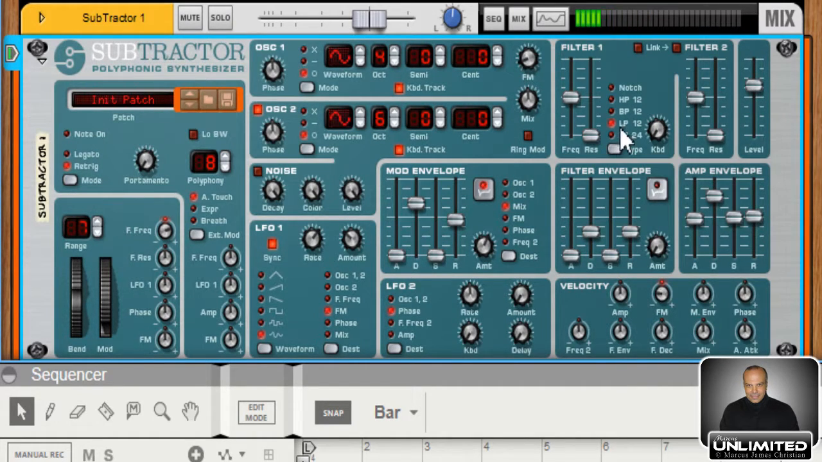now since we're going for a pad, which means we want some gentle highs, let's not use the low pass 24. I would use that if we were going for a bass. In fact, we might even